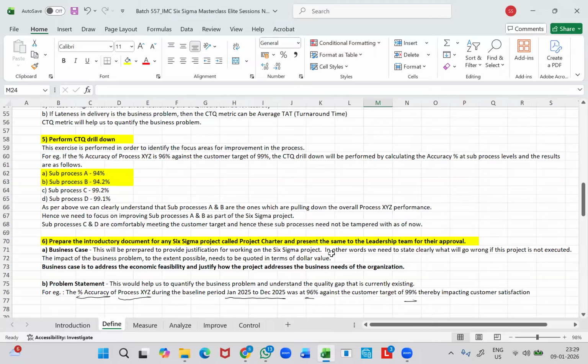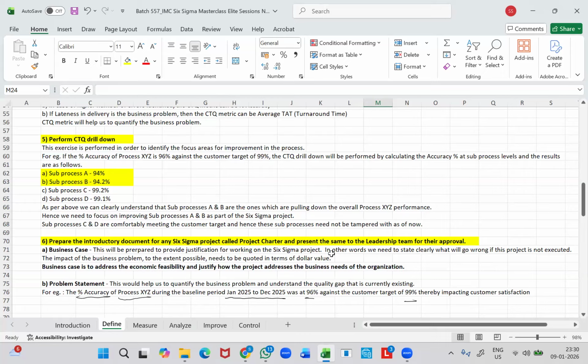That's it. So we will not be deliberating on the causes and the solution pertaining to the business problem. We have separate phases for identifying the causes and also for identifying the solutions. As I told you, the analyze phase is where we would identify the causes and the root causes, and the improve phase is where we will identify the solutions for the prioritized causes. So that being the case, we should not be talking about causes or solutions during the define and measure phase